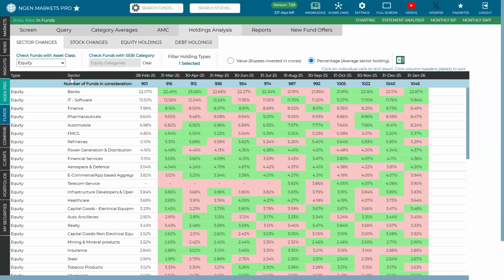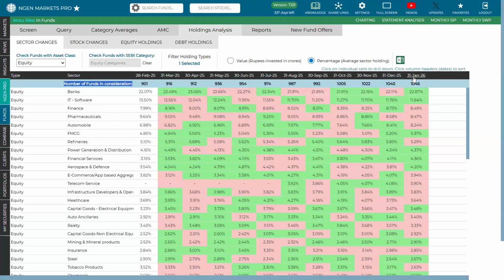Following that, the first thing that you can see right here is mentioned as sectors. So we give you a list of sectors into which specifically equity MFs are making investments. Just below that, the blue row is mentioning the total number of funds under consideration. Right here, we are showing you the data for the previous 12 months. The latest data would anytime be available at the right hand side.